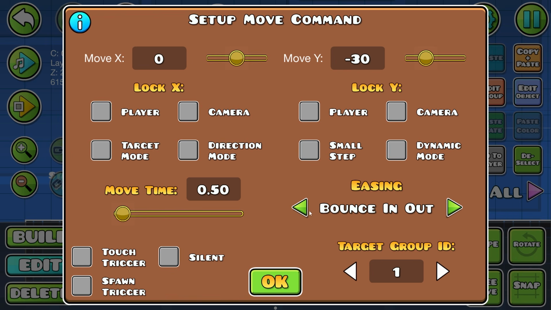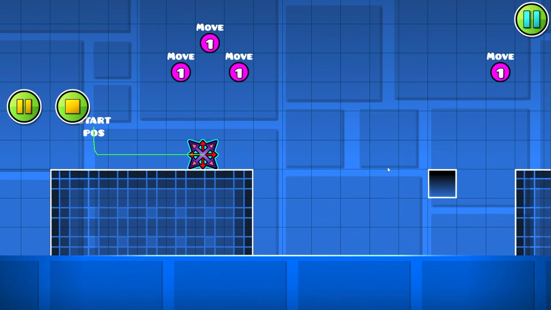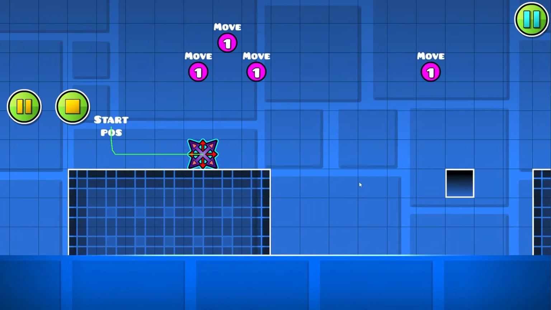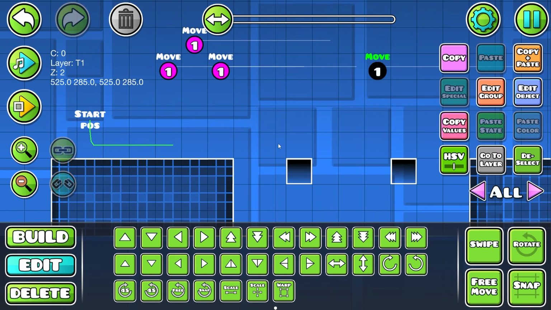Now you could choose whatever easing you want. I'm just gonna try elastic in, see how that's going to be. Oh yeah, that one looks cool. Actually, if you move this like that, it's gonna look pretty cool. Yeah, that's cool. Or what I like also is back in. Back in, I don't think that's gonna look that cool, but it's actually gonna start